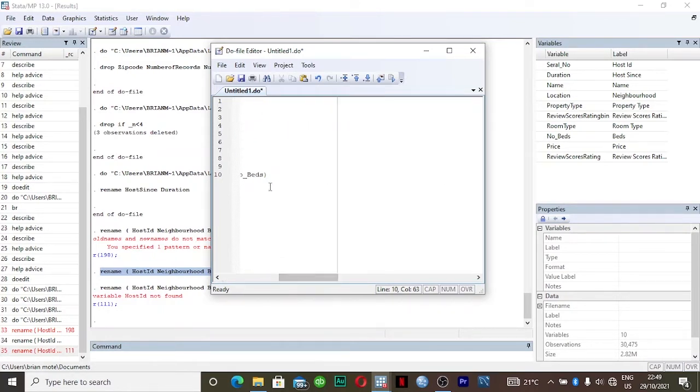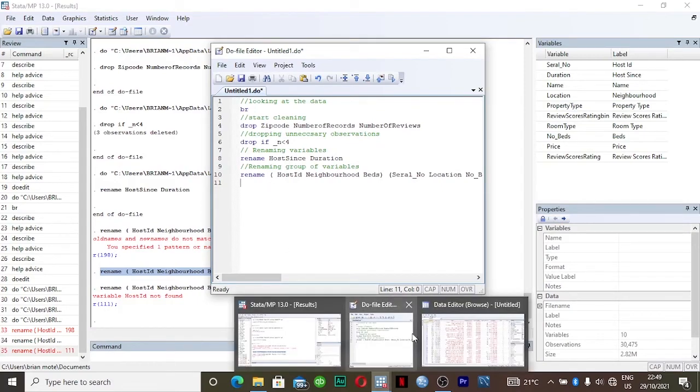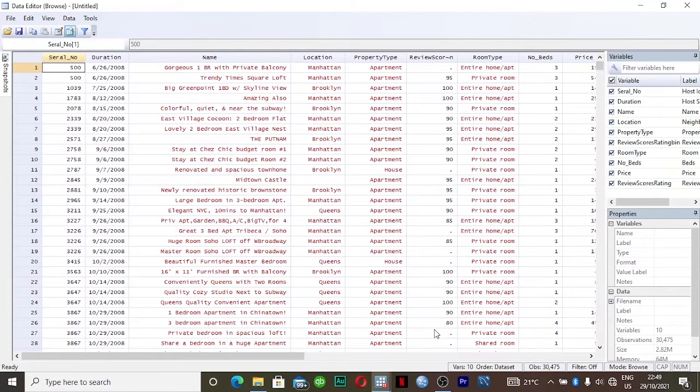So after you have renamed our group of variables, we have dropped unnecessary observations, and now it is time to look at the missing values and see what you can do about them.